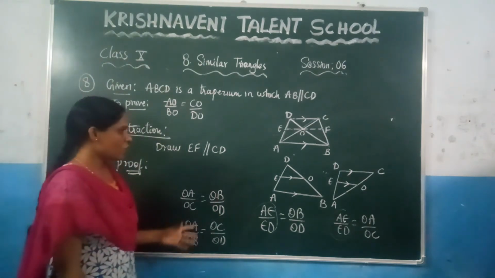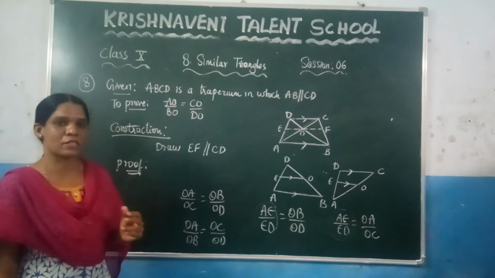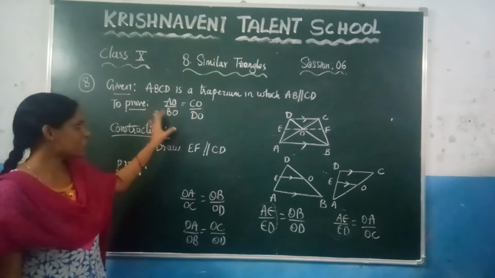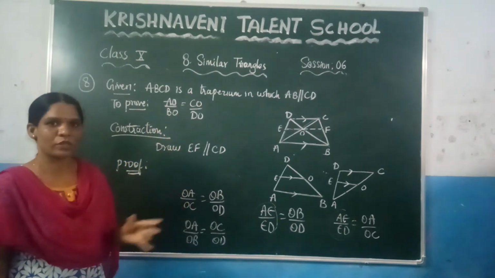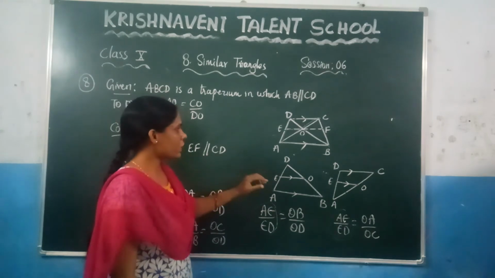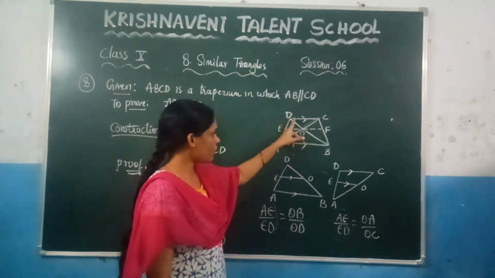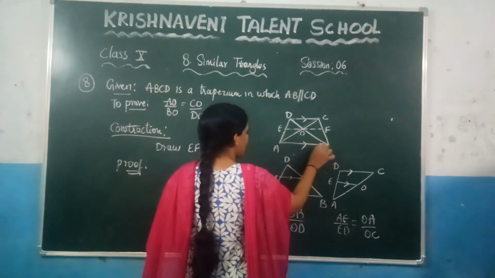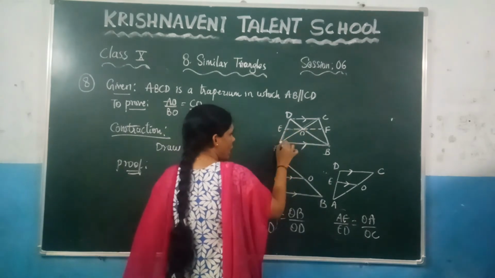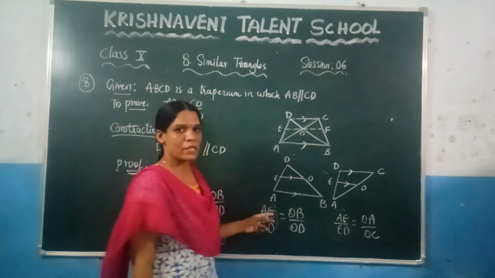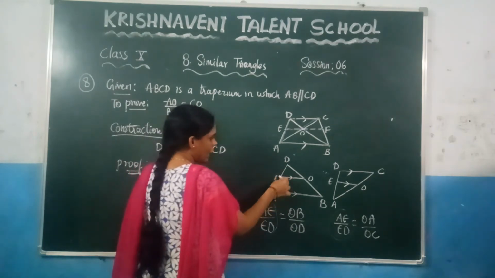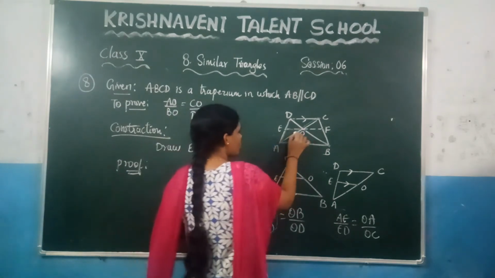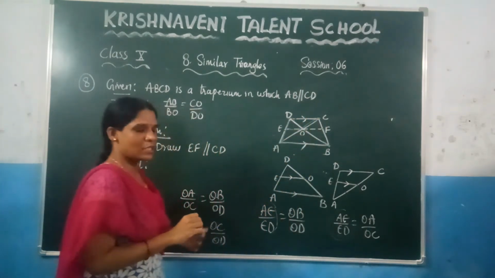So here, if you are given any problem, first you need to check which triangle you need to choose such that you will get the required result. What we need to prove, you need to take that and further take the required condition. So here we choose this triangle and we have chosen this triangle. I have drawn it separately to understand. First we have considered this triangle, and in this triangle this line is parallel to this line. So we have applied the basic proportionality theorem so that you can write AE by ED is equal to OB by OD.